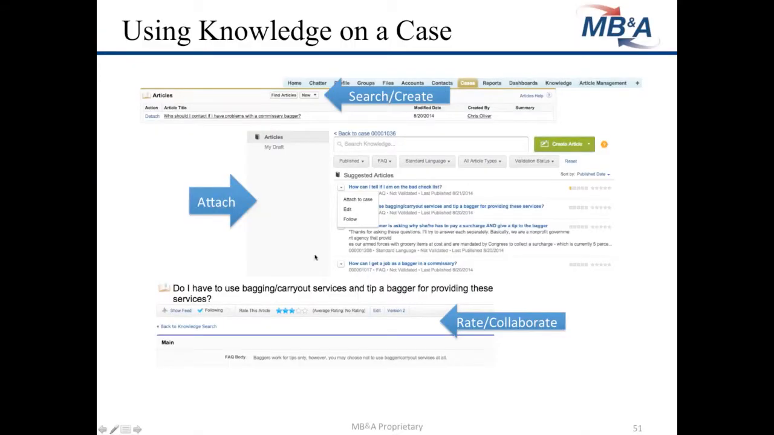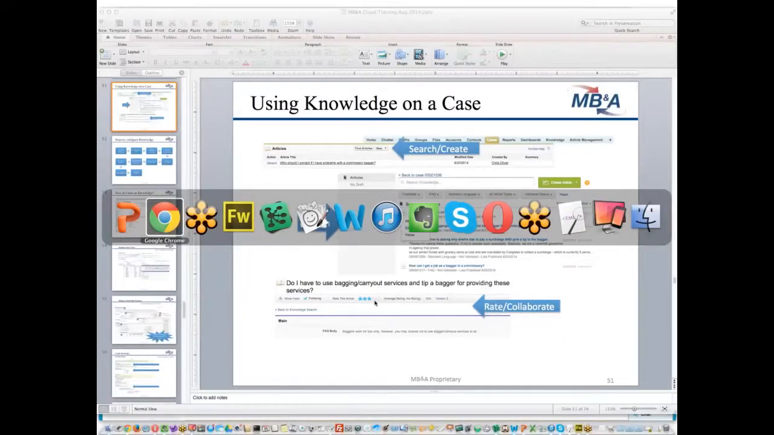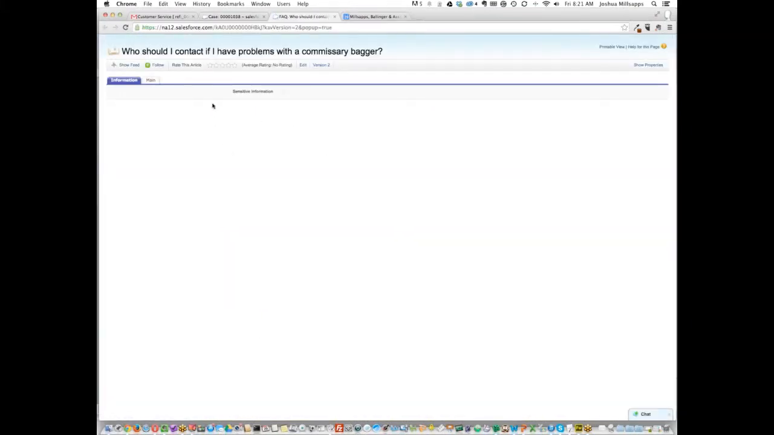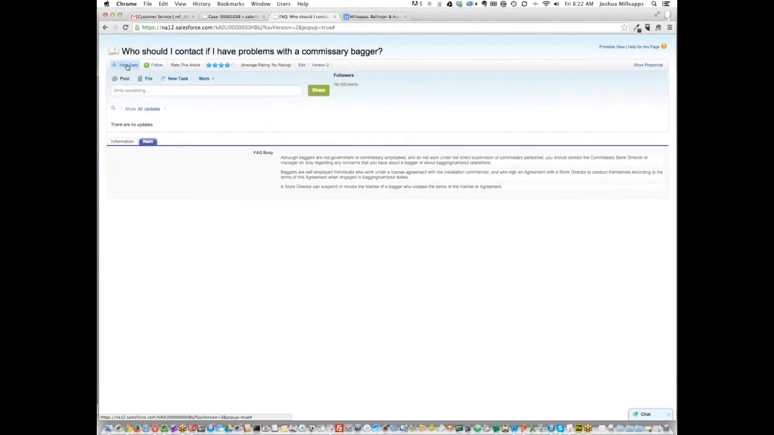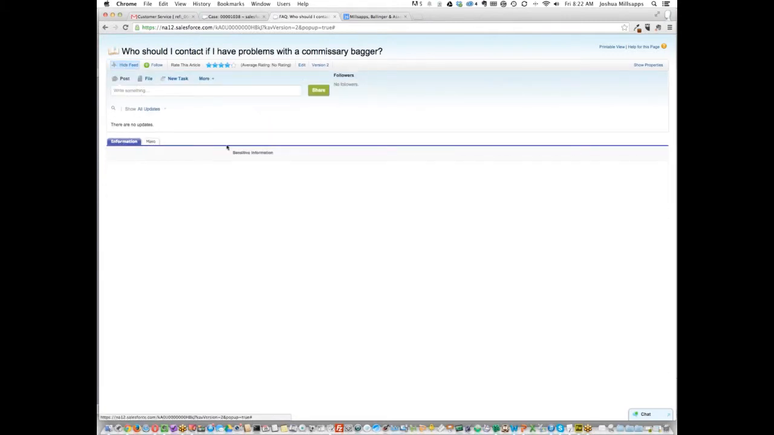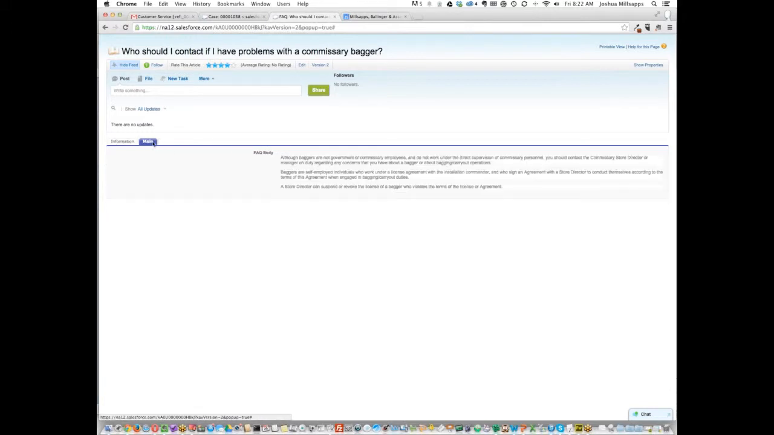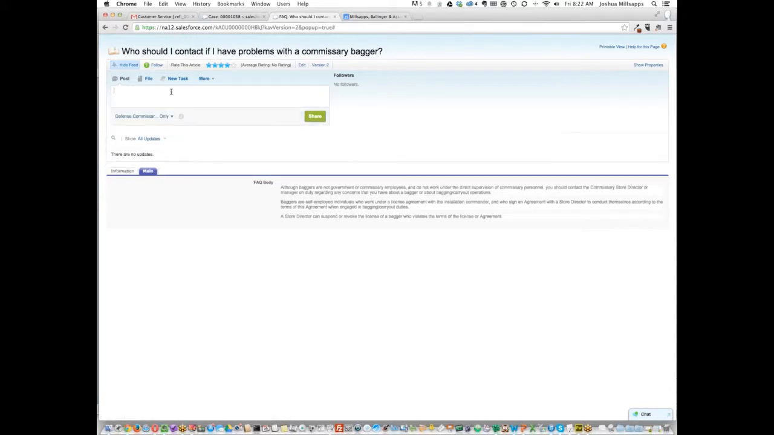So you see back here, we searched for it, we looked at what was available, we attached it. But one thing that we didn't do is we didn't rate it. I don't know how helpful was this stuff. Did it have gaps that we needed to address? So I could actually come in here and say it was pretty helpful. I have a little bit of feedback though. It's not sensitive, but I could say